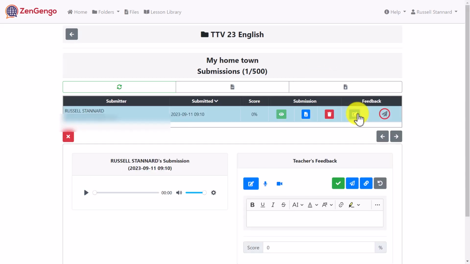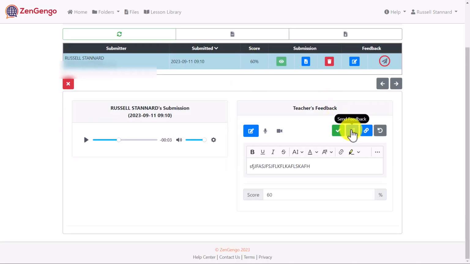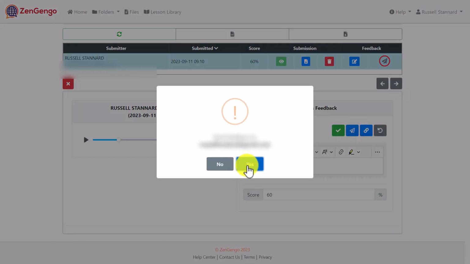So I click on that button, and then that opens up. I can listen to the submission. Microphone. Click on this button here. I can then write in my feedback. I can give a score. So let's say I might say this one's 60%. And then to send the email, just click on that button, send feedback, and that will be sent to, in